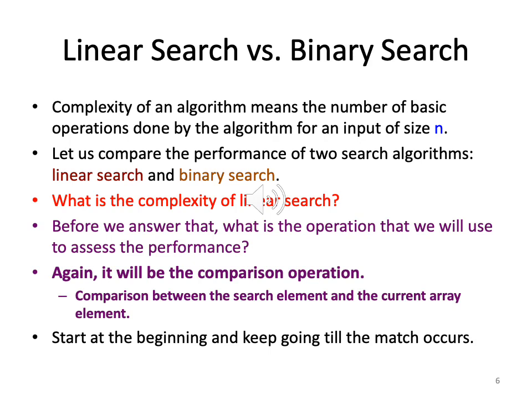If they match, the algorithm ends, you're done. If there is no match, then you go to A1. And again, if there's a match, you're done. If there's no match, you go to A2. And like that, you visit all the array elements. So of course, we can see here also the key operation is comparison. The comparison is between the search element and the array element, A0, A1, A2, A3. So we start at the beginning and keep going till the end. So this is linear search. Very simple algorithm.